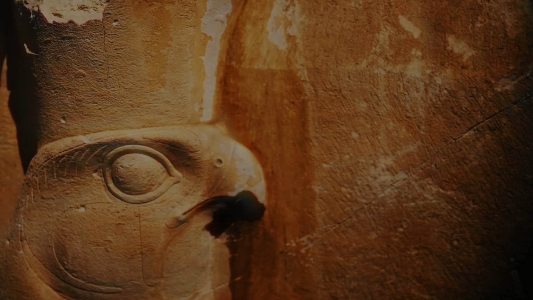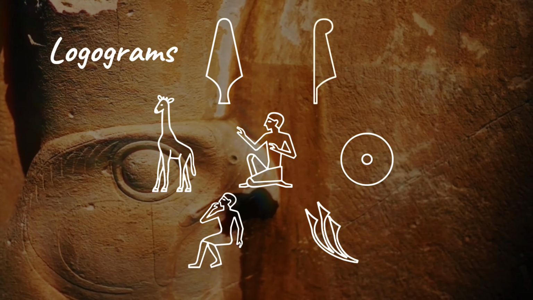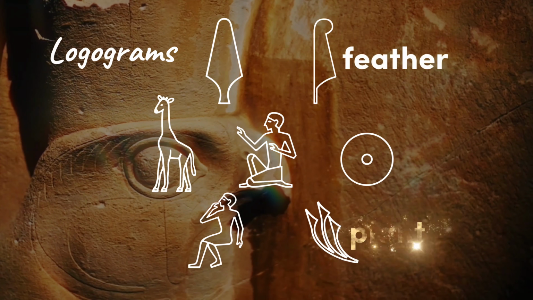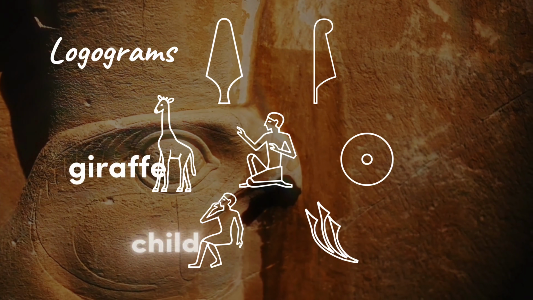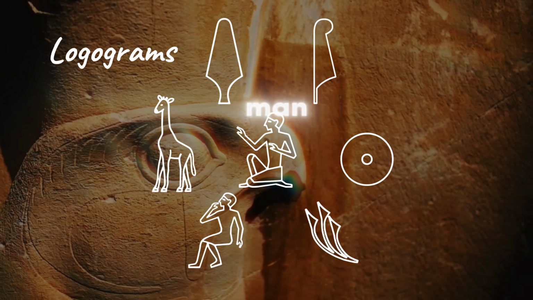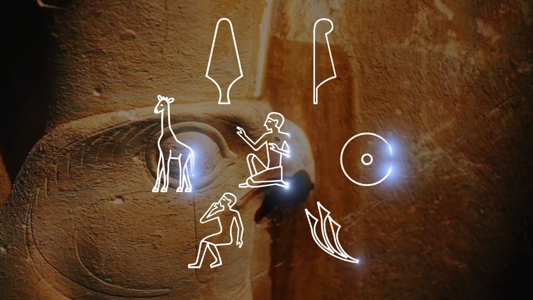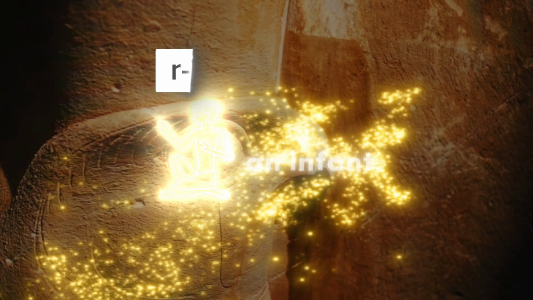These are literal pictures of things known as logograms. These symbols serve the function of being language agnostic, in that as long as the person is familiar with the object's form, they should be able to understand the meaning regardless of the language they speak. Examples of pictograms in the ancient Egyptian language are hen representing an infant, remet representing a man, or sir, a giraffe.